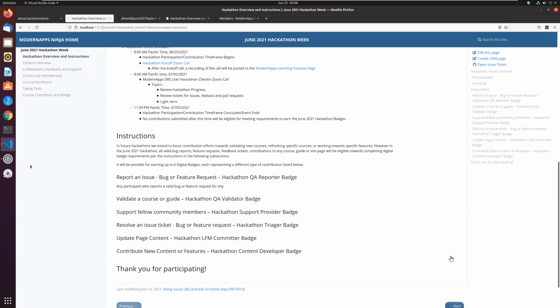The general standard we want on ModernApps Learning, aside from the repetitive processes that we automate, like when you enroll in a course and that posts a file that gets handled automatically, is to have consistent standards and thorough documentation.